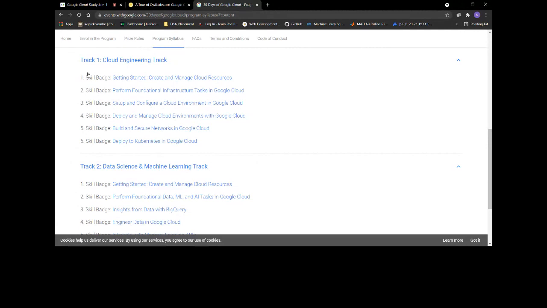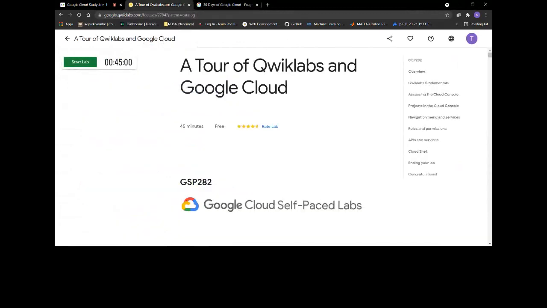For completing the labs in 30 days, we have to visit the official... no, actually, you can see the name of the labs you want to complete, and then in the homepage you can check them out on Quick Labs. What we have to do in the Quick Lab tour is just follow the instructions that they give so that you can get familiar with the Quick Lab account or the Quick Lab platform.